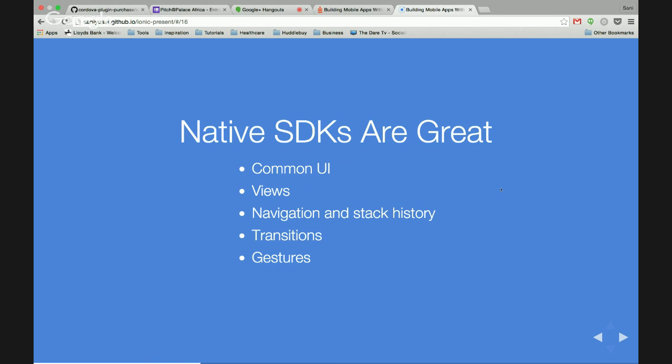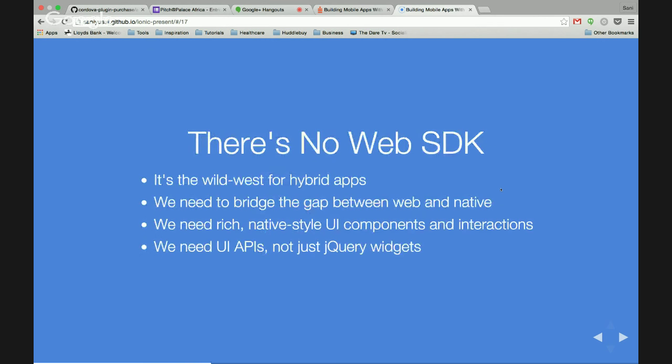Your navigation and your stack history is handled for you. Things like transitions are easy to implement. And gestures, like two-finger swipe, four-finger swipe, touch gestures, all these things are there. But if you want to create a hybrid app without any framework, it's actually a bit more painful, because the web is traditionally built for the mouse and click. I know it's getting better now, with native implementations of touch stuff, but